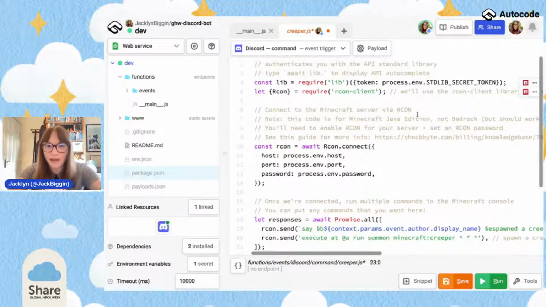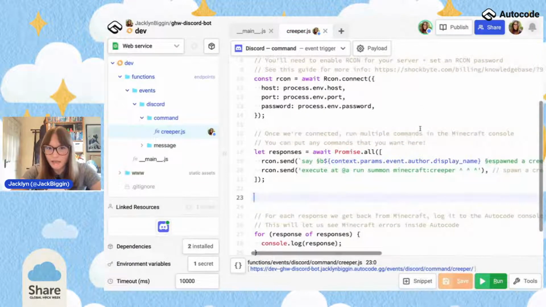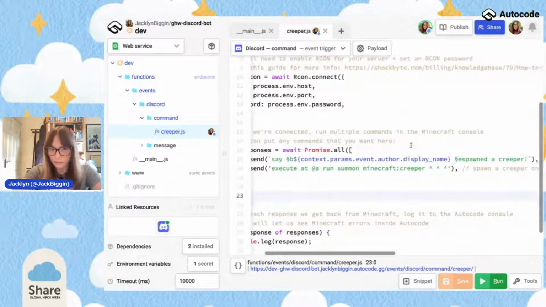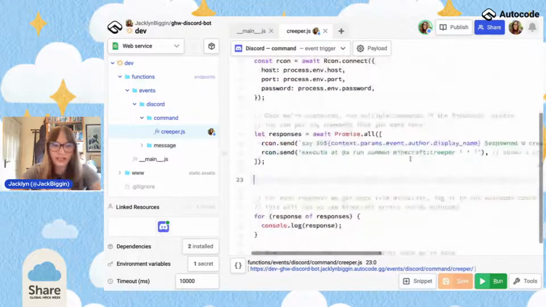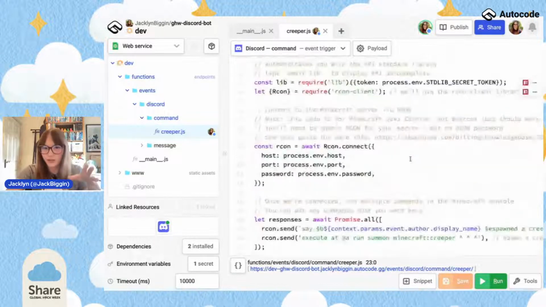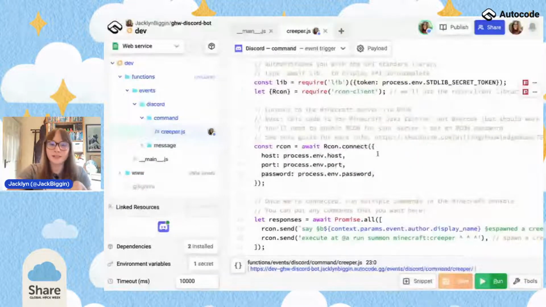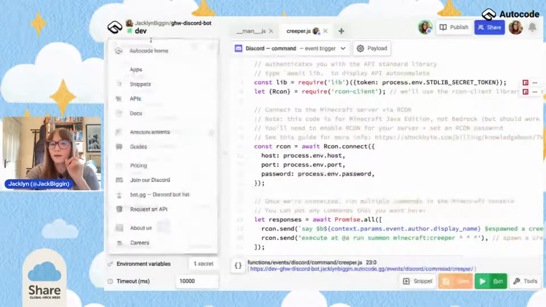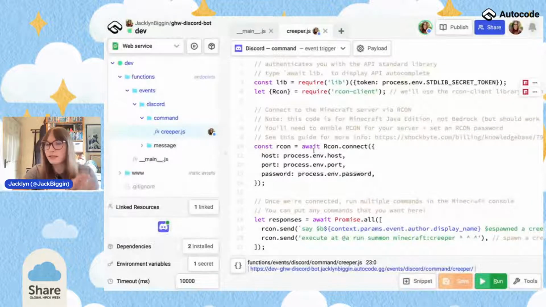Okay, so we've built this, and I've gone and set this all up. This code I wrote the other day connects to a Minecraft server, runs the command, and does some magic. But one thing you might notice is this command requires some environment variables: host, port, and password. I just want to call this out to people.